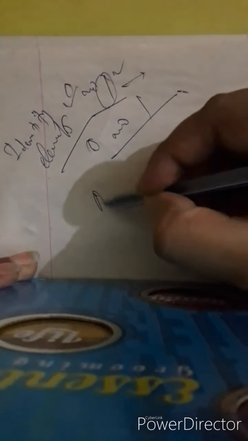Identity elements of rational numbers. Always remember, 0 and 1 are the identity elements of rational numbers, and they exist for operations of addition and multiplication respectively. 0 exists for operations of addition and 1 exists for operations of multiplication. 0 and 1 are called the identity elements of rational numbers, 0 for addition, 1 for multiplication.